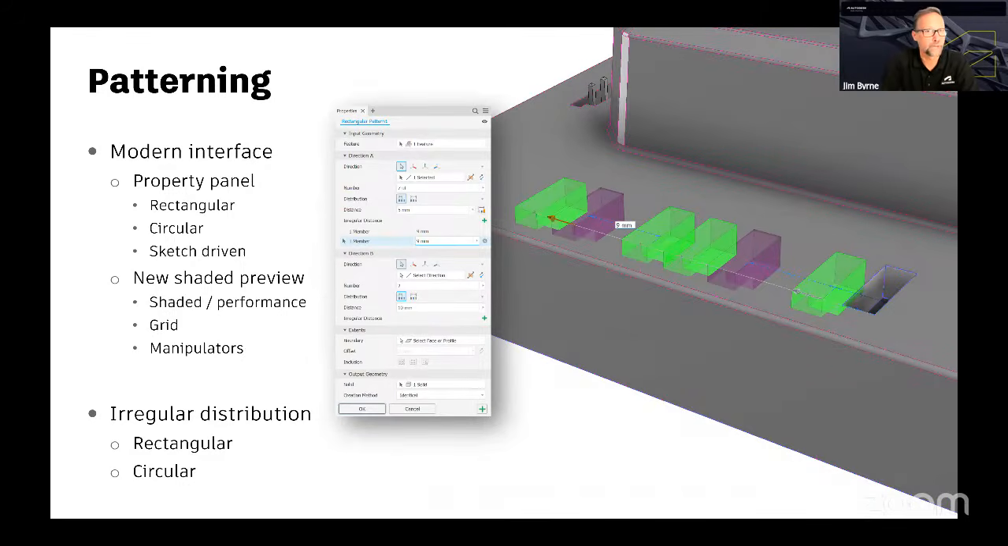And then I also have great news about patterning features. The rectangular, circular, and sketch-driven patterns have all been modernized, again, using the property panel. And there's new workflows for a rectangular and circular pattern. You'll see there's an option for irregular spacing and angle. And we can have a look at that